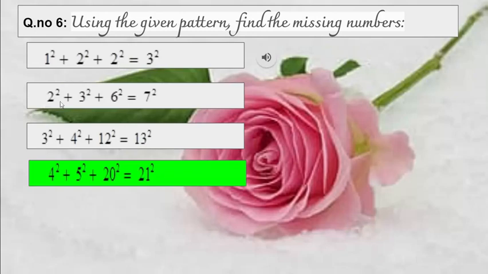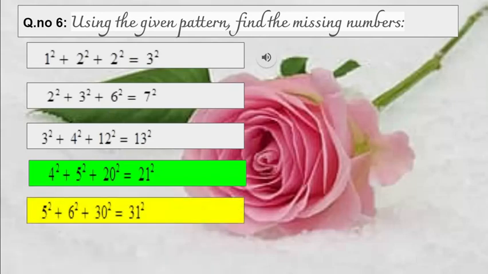Same way, second: 2, 3, and 6, meaning the product of 2 and 3, that is 6. Then the third number, you see the product of 3 and 4, that is 12. Then the fourth, product of 4 and 5, that is 20. Isn't it? So now you can see 5 square and 6 square, 5 6s are 30. Then second observation, what was there?